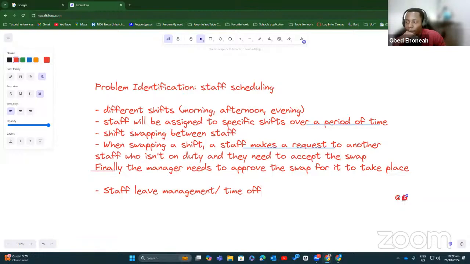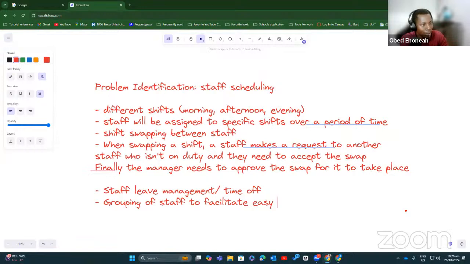Yes. Some institutions group their staff. So let's say group A, group B, group C, group D. Maybe group A comes in the morning, then group B in the afternoon, then group C in the evening, then group D at night. So grouping of staff to facilitate easy staff scheduling.